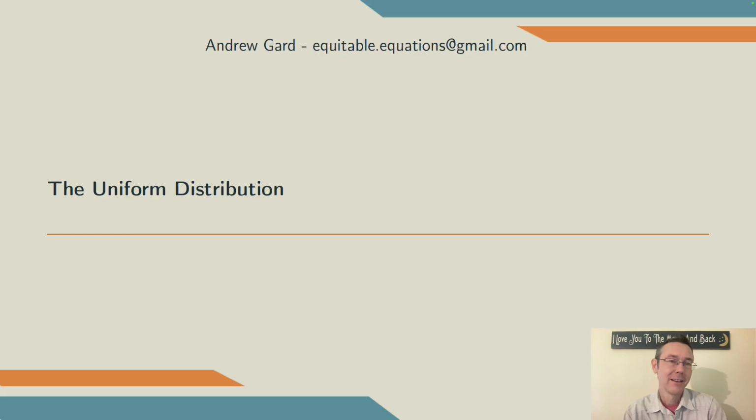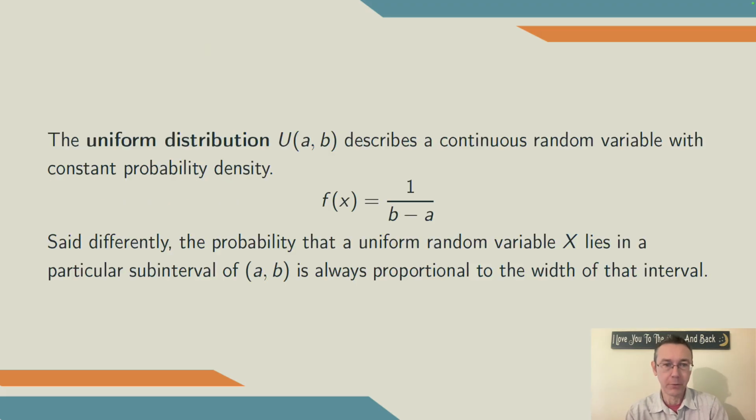Hey everybody. Today we're talking about the uniform distribution, which describes a continuous random variable with constant probability density. So we're going to call the interval on which the uniform distribution is defined a comma b. The density function is given by 1 over b minus a. The probability that the random variable lies in a particular subinterval is proportional to the width of